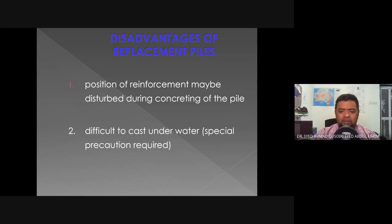The position of reinforcement may be disturbed during the concreting of the pile. So we have to maintain the verticality of the reinforcement cage. That's why, sometimes for higher quality, the reinforcement cage must be constructed or connected by the use of welding. We cannot use wire ties anymore, because we want the reinforcement cage to be rigid. It cannot be a bit flexible,